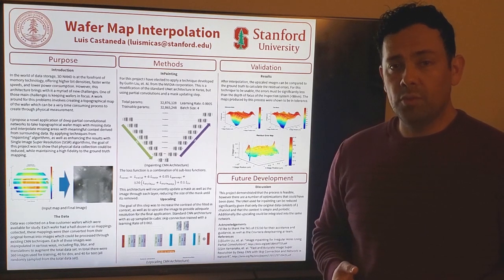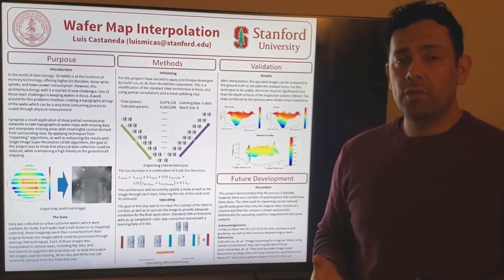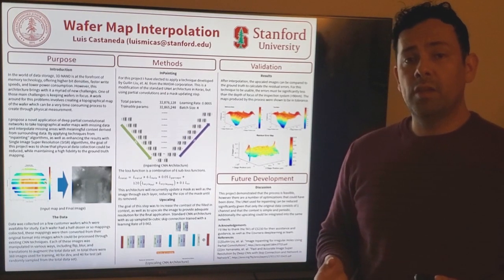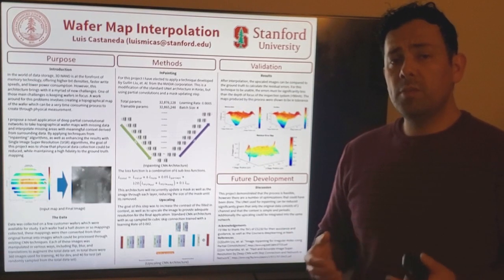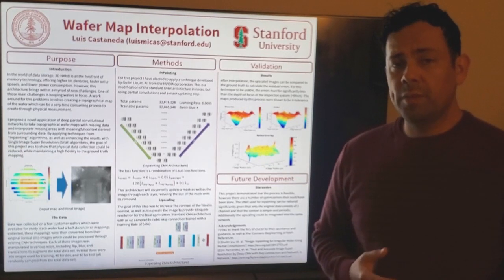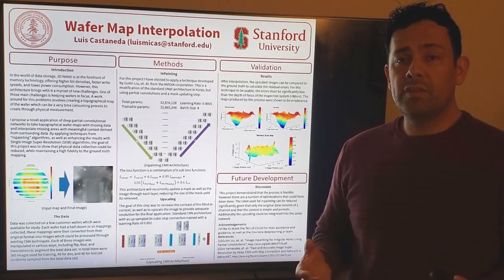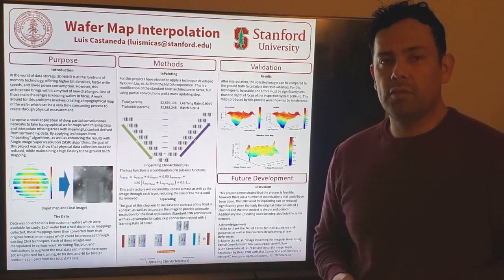One of the major challenges of this project was the limited amount of data available. Data was collected on a few customer wafers, each of which only had a half dozen or so mappings collected. These mappings were then converted from their original format into images for processing. Each of the images was manipulated in several ways, including blurring, flipping, and other linear transformations to augment the total dataset. In total, there were 360 images used for training, 40 for development, and 40 for tests, all randomly sampled